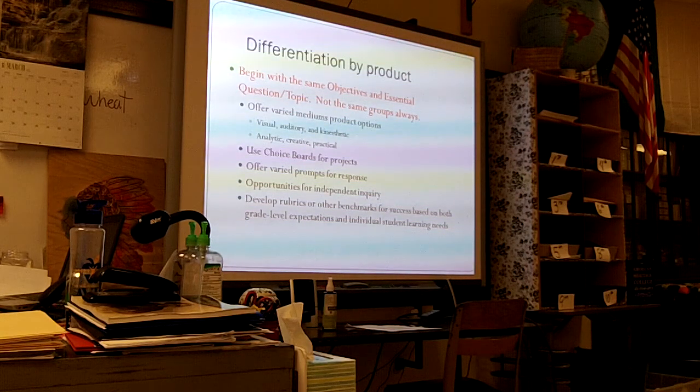Offer varied prompts. If you're talking about World War I, you could do a technology one, and they could all pick different technology. It works really well for social studies. English, I feel like you could do different books, novels, and things like that, and final products. I had my kids do research for Romeo and Juliet, and they had different types like that. Their group could do a PowerPoint, their group could do